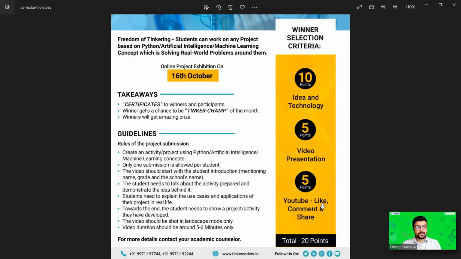So they will also be an audience to vote for your project. So the more likes and comments you get on your videos, that will also get you some points. So there are 5 points for that. So these 3 areas you can score points in to become the winner.